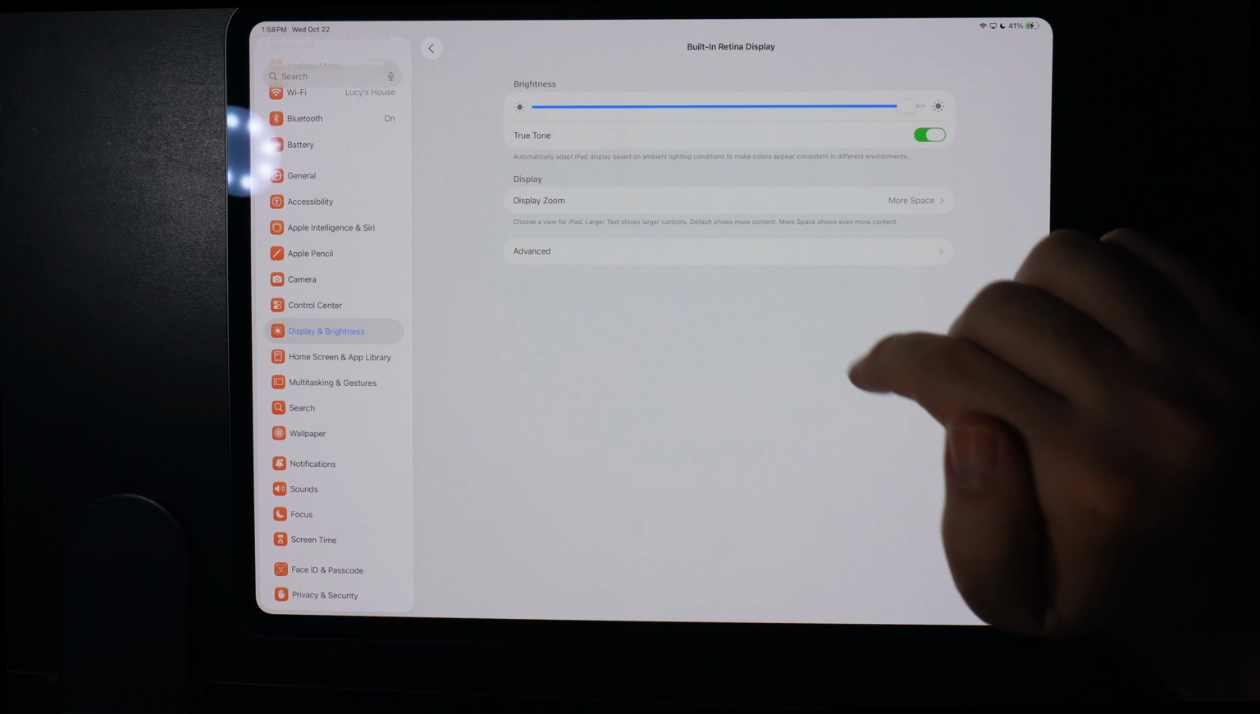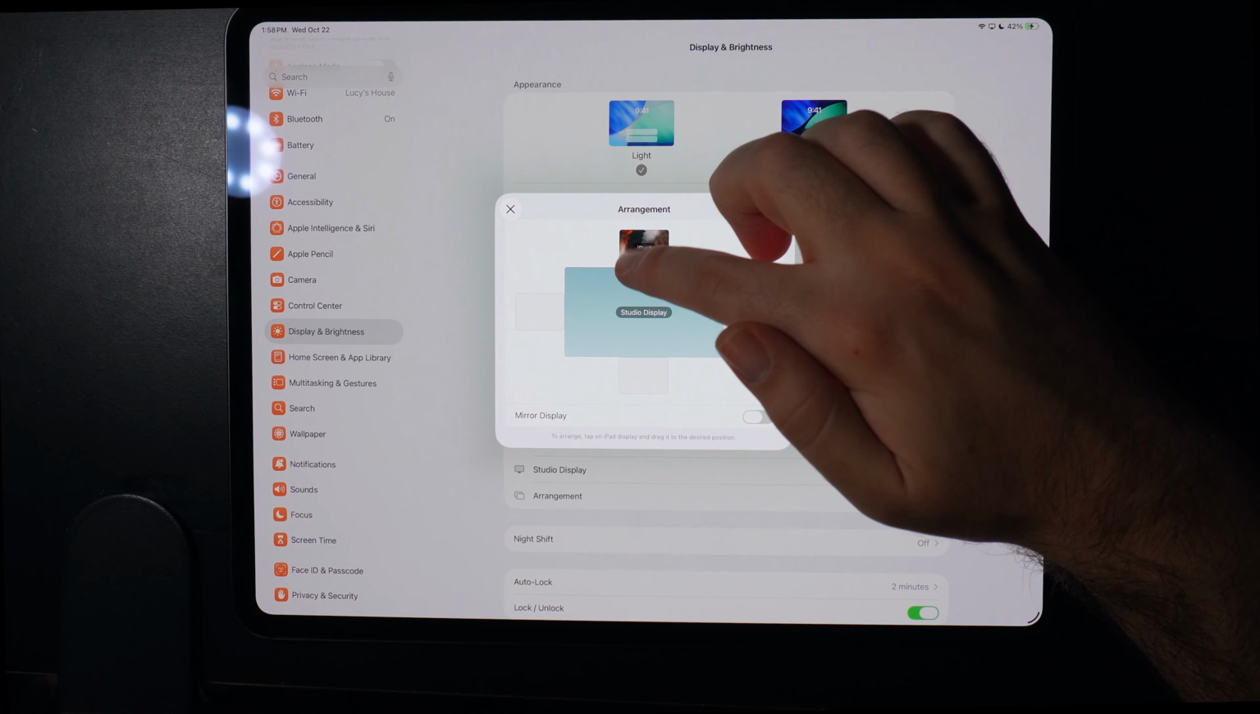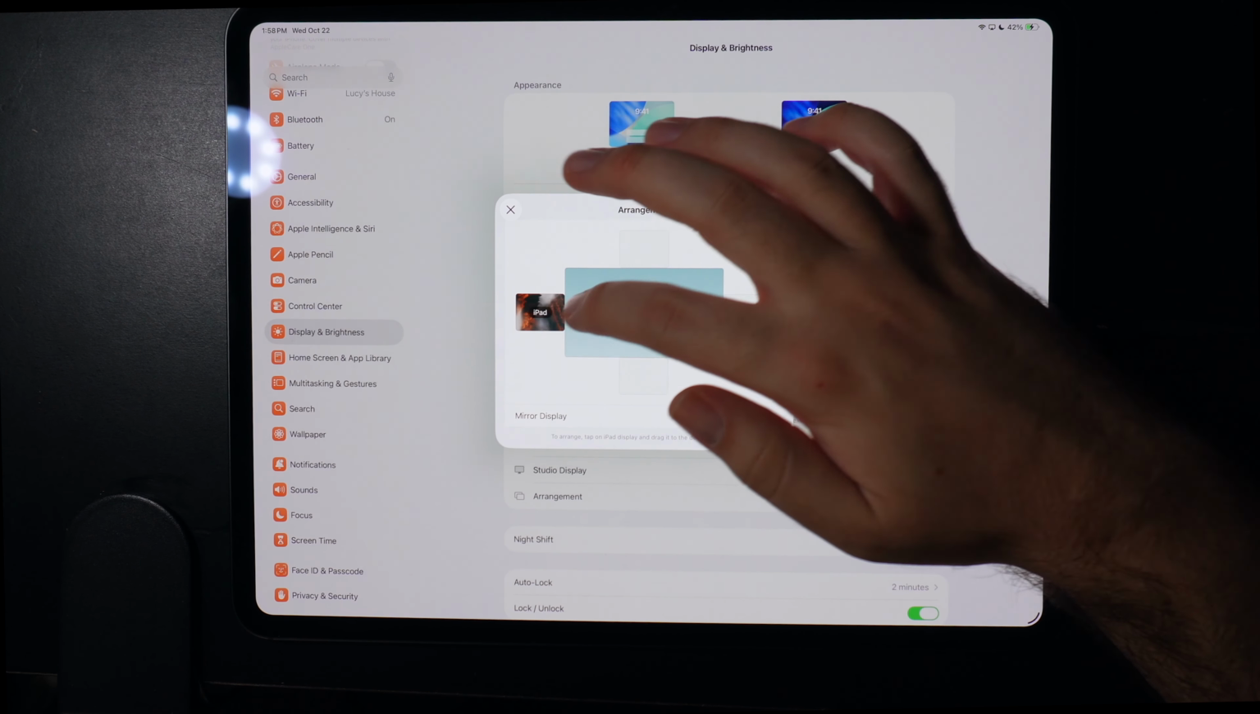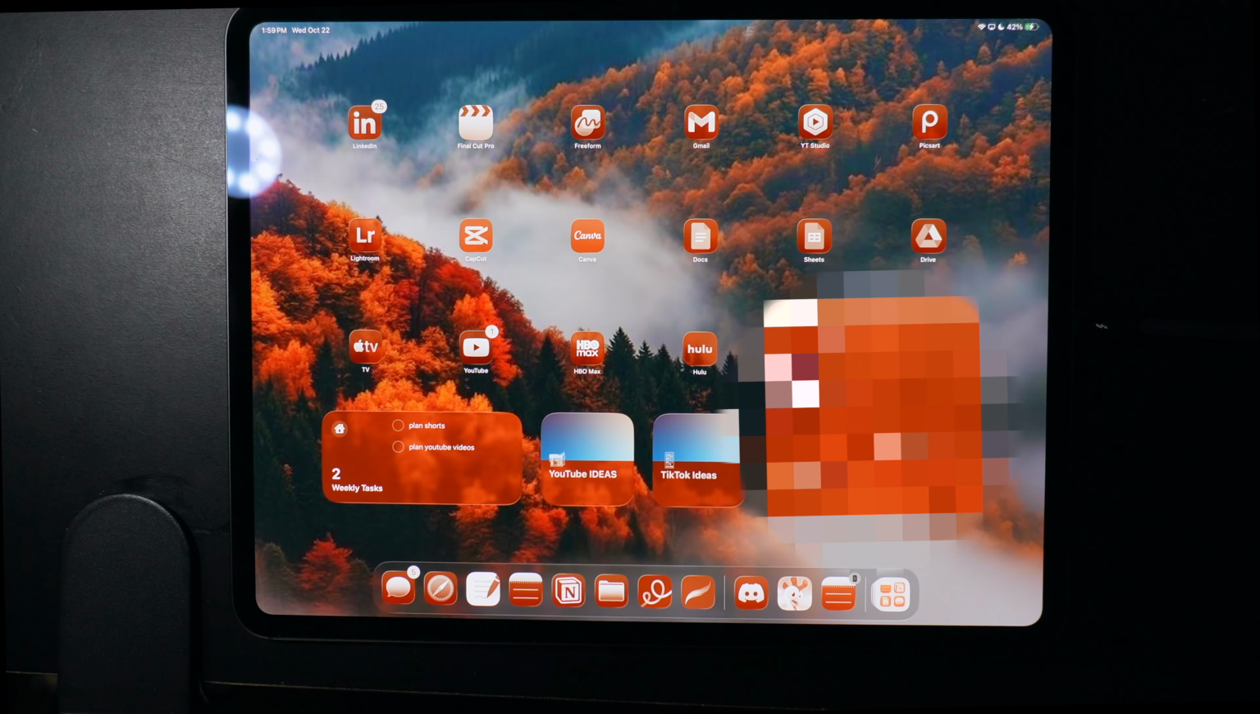And you can adjust your arrangement too. So I can put my iPad directly below my screen, or I can put my iPad above my screen, next to my screen on this side, or next to my screen on this side, or down here. So that's all the settings that I apply to my iPad. Now let's go on into